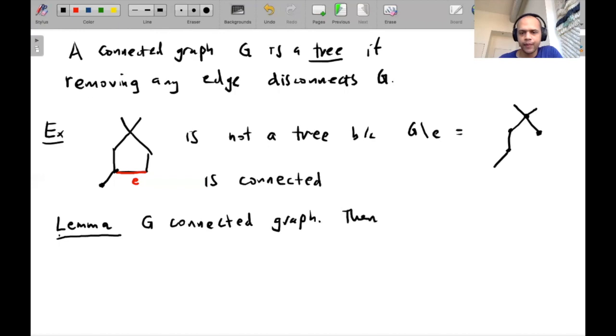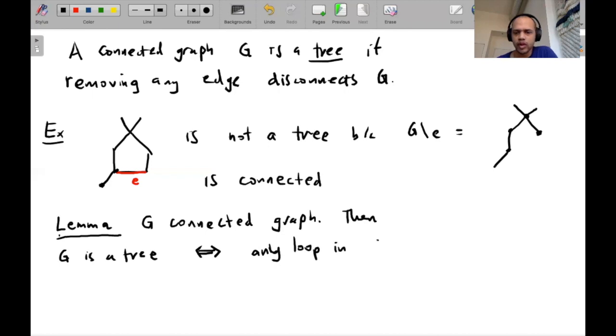Then G is a tree if and only if any loop in G backtracks. So to illustrate,